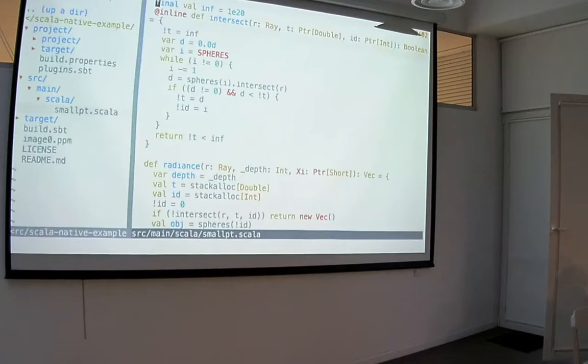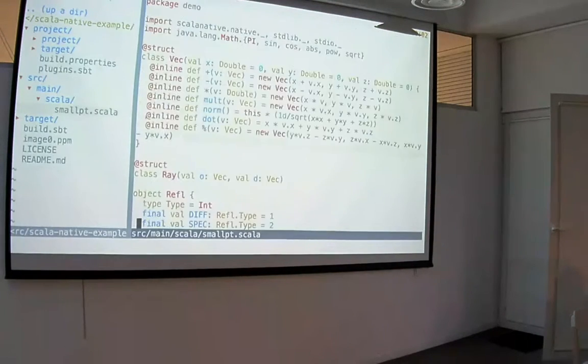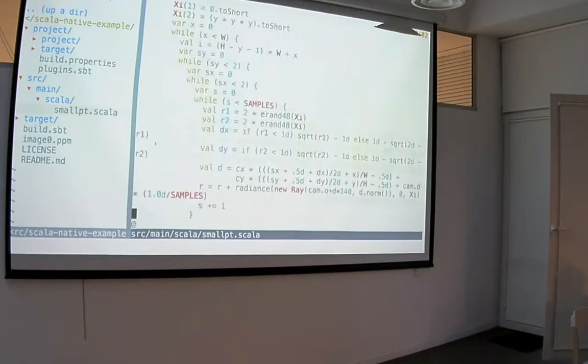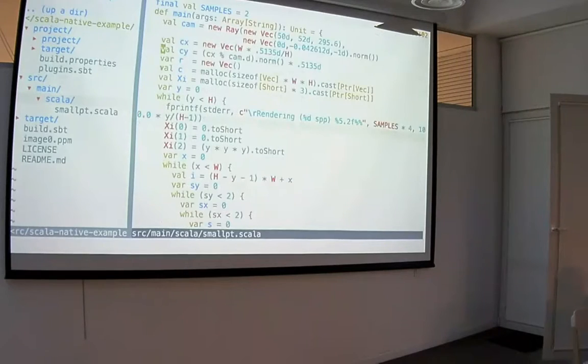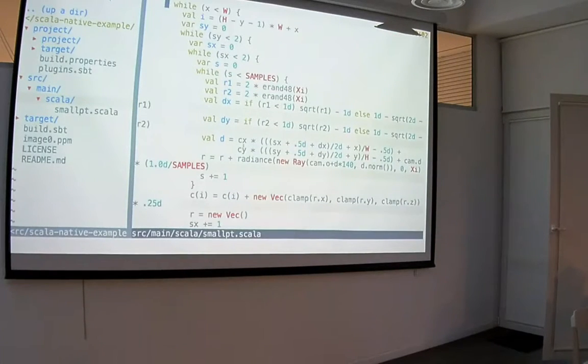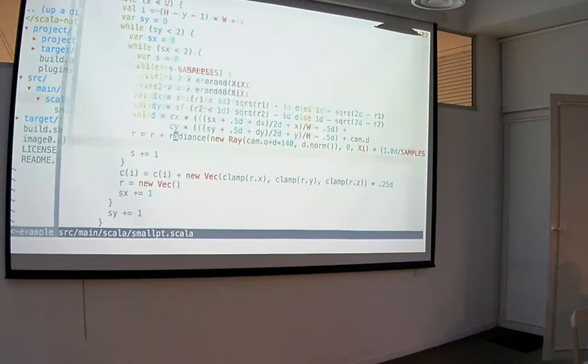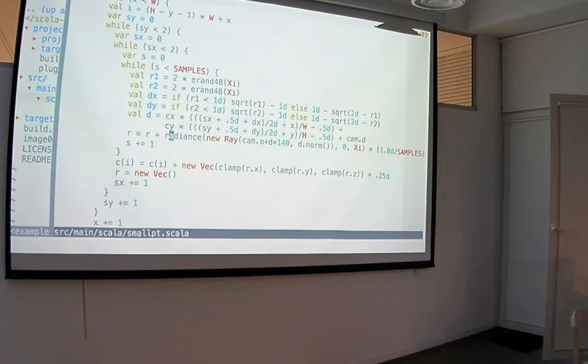But essentially, this app is sort of simple. It has one main. It does a bunch of loops, and it calls this radiance function. This radiance function is the thing that makes ray tracers work. So to produce a final image, you just iterate over all pixels in the scene, and then you shoot a ray in the direction.